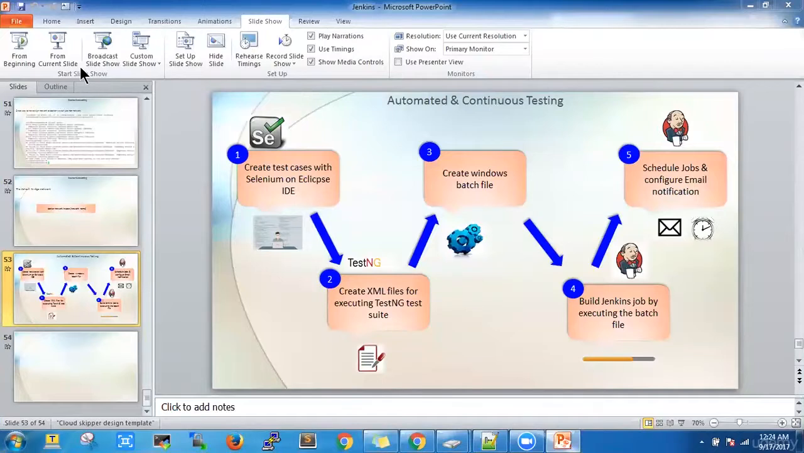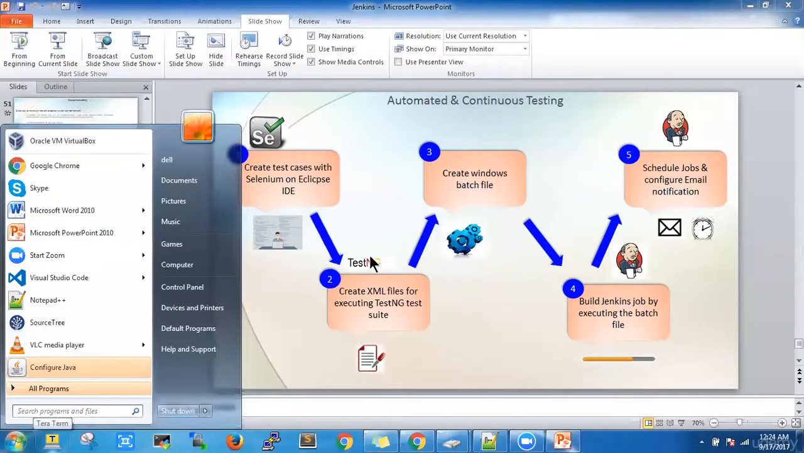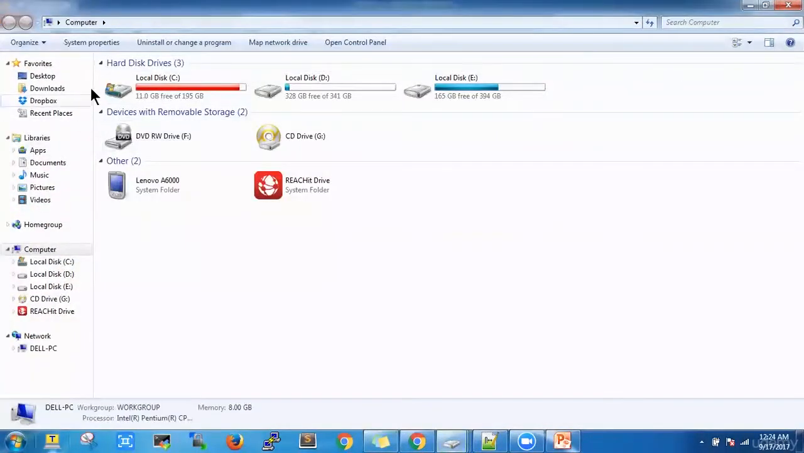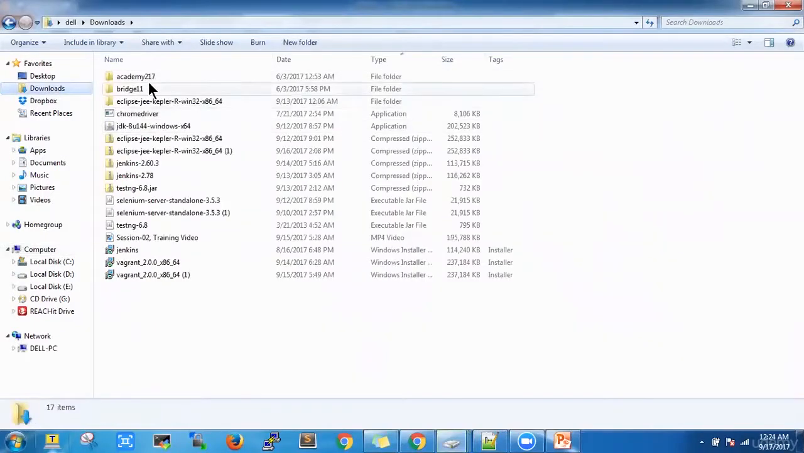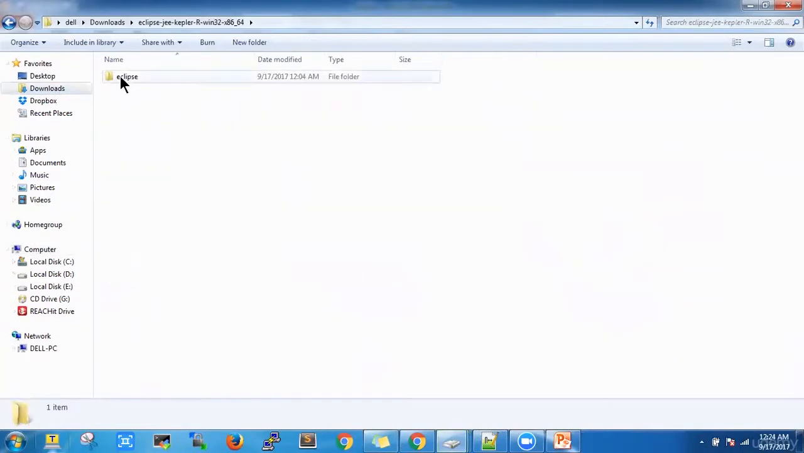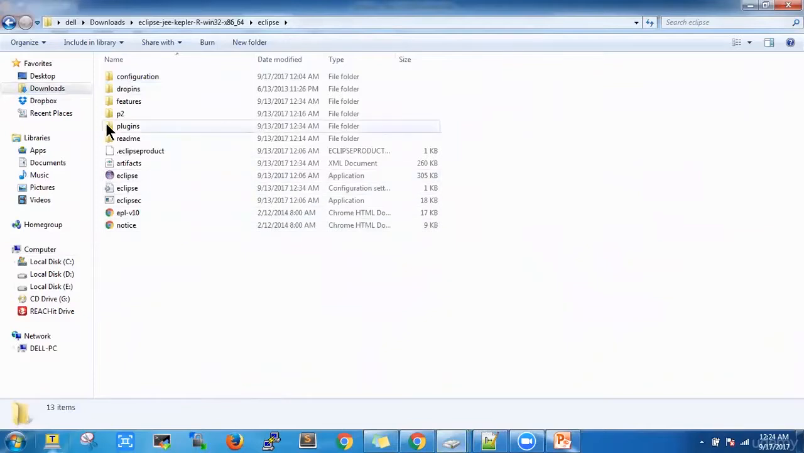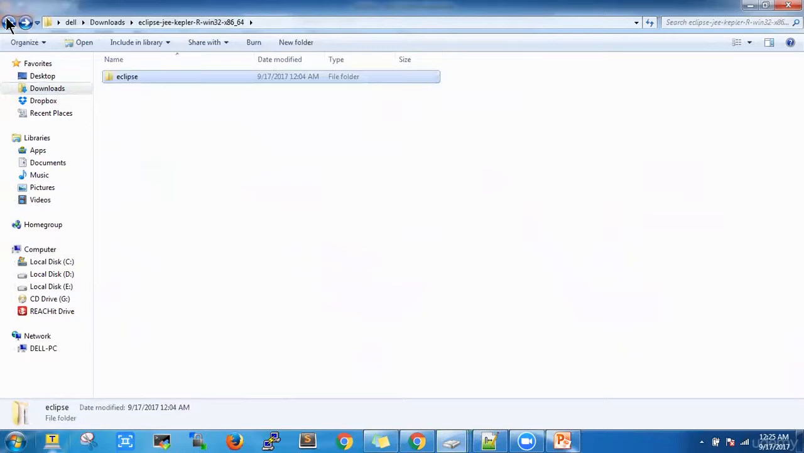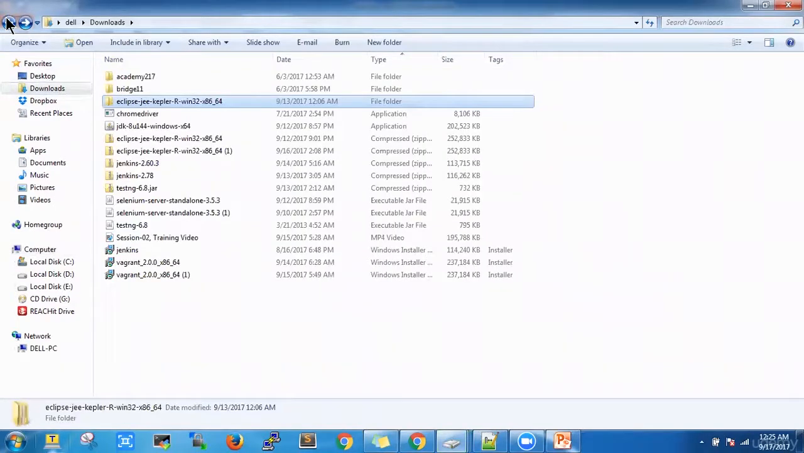Hello everyone, welcome back. In the last video we installed Eclipse IDE. Today we are going to install the next part, that is TestNG. So we need to first open our Eclipse. We have unzipped it here, and here is Eclipse. We're going to open Eclipse and start the installation of